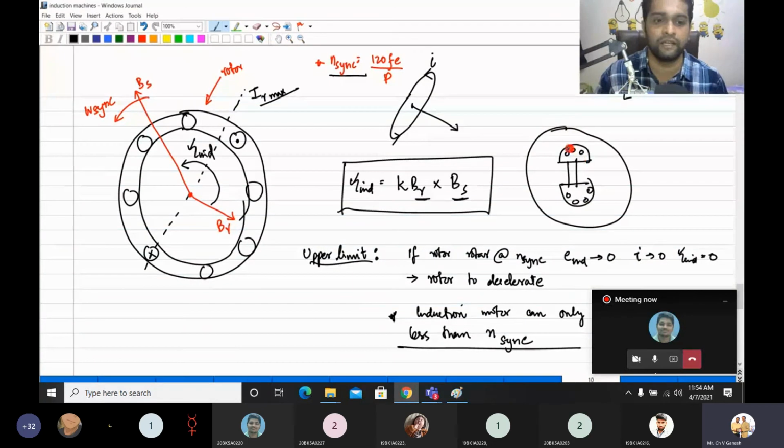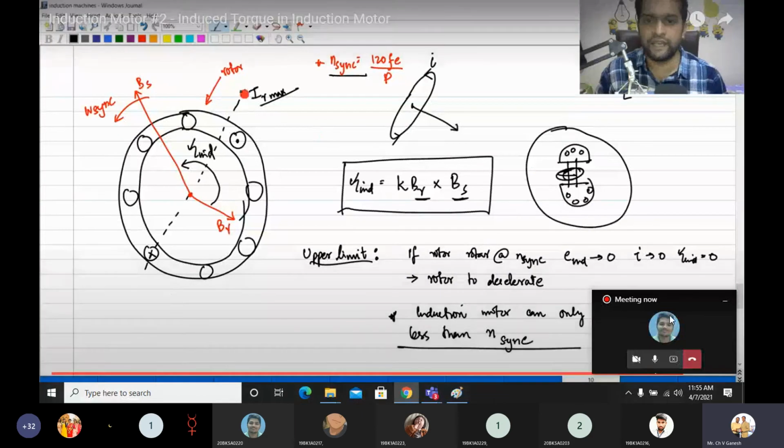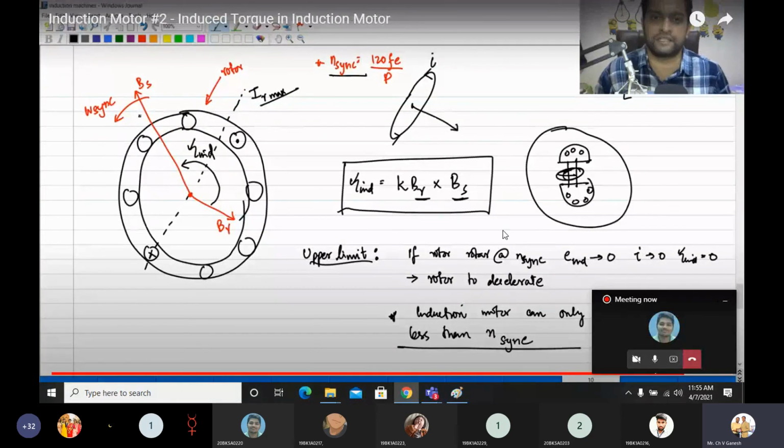So you start the motor, and because of this action we discussed here, the motor will come up to speed, and once it comes to speed, we turn on the DC supply, and this will become a magnet very fast, and then there is magnetic locking between the stator magnetic field and the rotor magnetic field. That is how the synchronous motor works. At that time, I didn't tell you that that was the working principle of the induction motor. But see, that process is so efficient that you can design an entire motor out of it, right? So this is the way torque is induced in an induction motor.